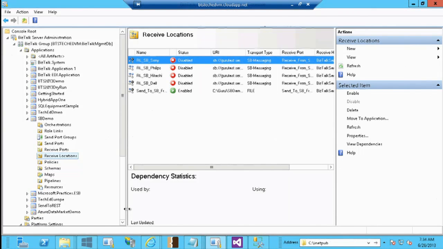Because a queue by nature is first in, first out, right? So if there is order 1, order 2, order 3, and then order 1, order 2, order 3, and then order 4, order 4, order 4, right? So if there are 2 or 3 different applications processing these orders, the order 4 application will be just stuck because order 1, 2, 3 have not been processed yet. These order 1, 2, 3 are for different items, so they could have been processed by different applications. So how do I make sure that order 4 continues to go even though order 1 and 2 are waiting? That is where you want to put it into a different queue.